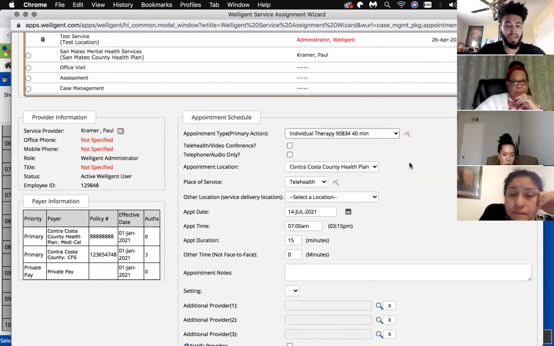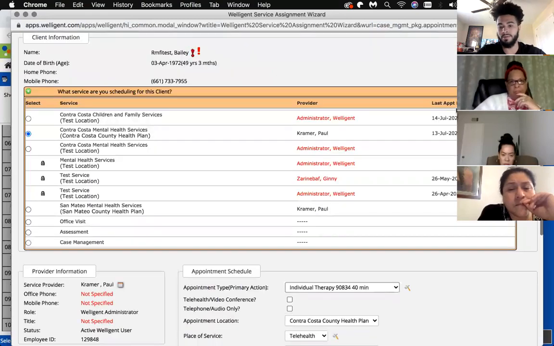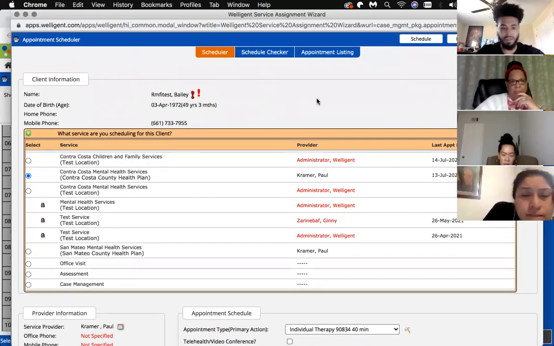session it will be. And you don't have to do all this on first glance of first putting it on your schedule, because you can come back in and change it. So it's not set in stone. And you also want to change the appointment duration to whatever the appointment type you select. And so when you come back up to the top,